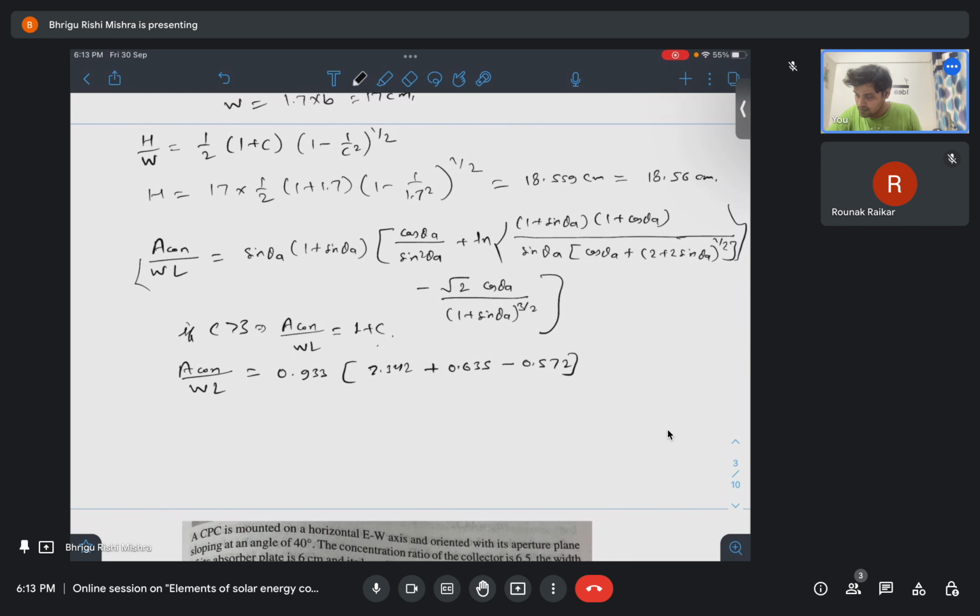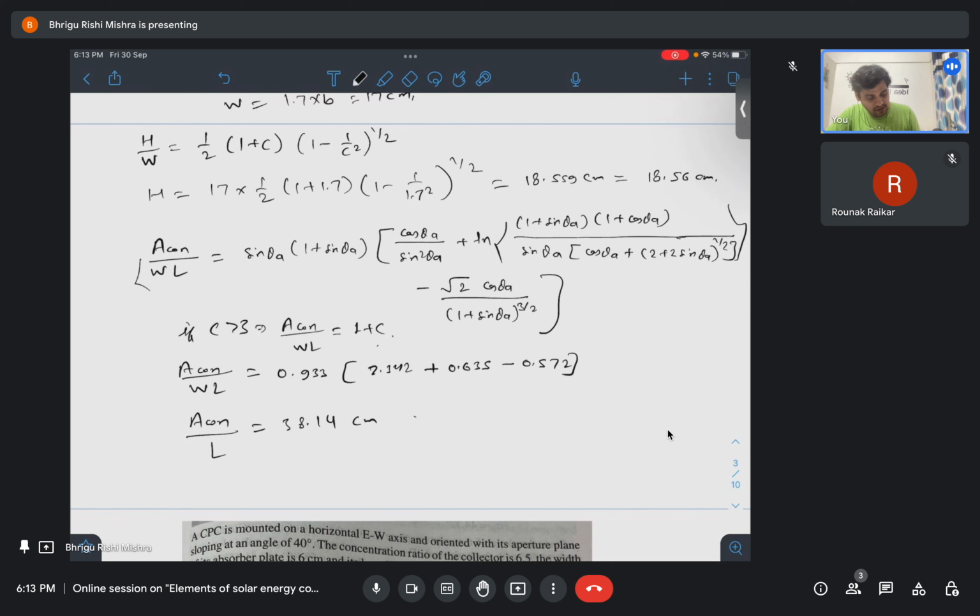So now A concentration by L equals 38.14